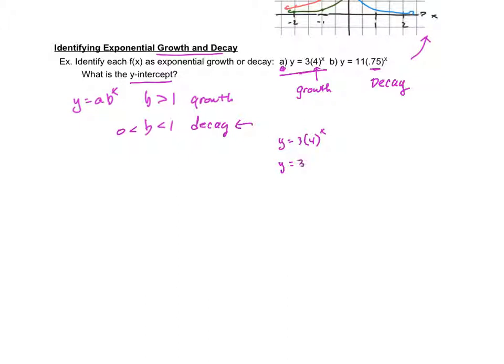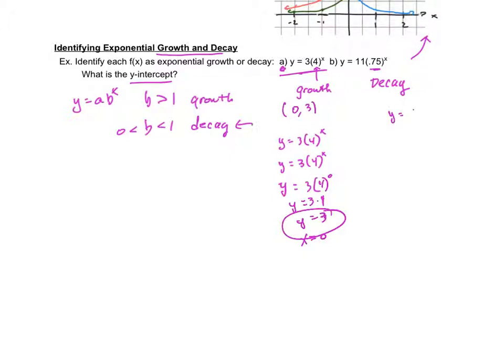So if I plug in 0 for my x, I end up getting y equals 3 times 4 to the 0 power, and of course, anything to the 0 power is going to be 1, so y is going to equal 3. All right, there you have it. y equals 3 when x is 0, so this one's y-intercept is going to be (0, 3),